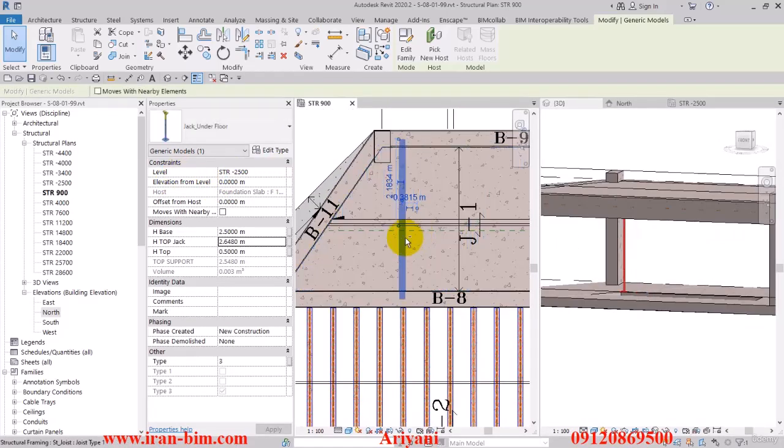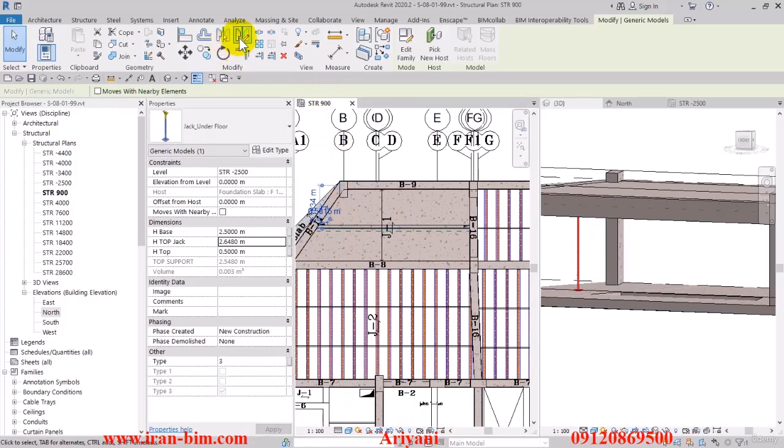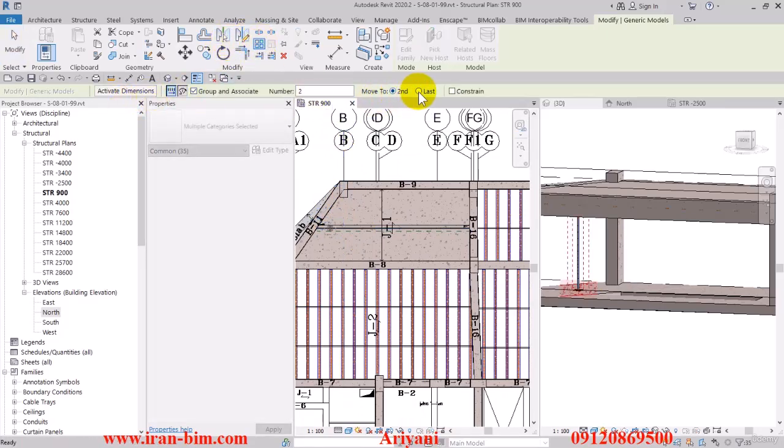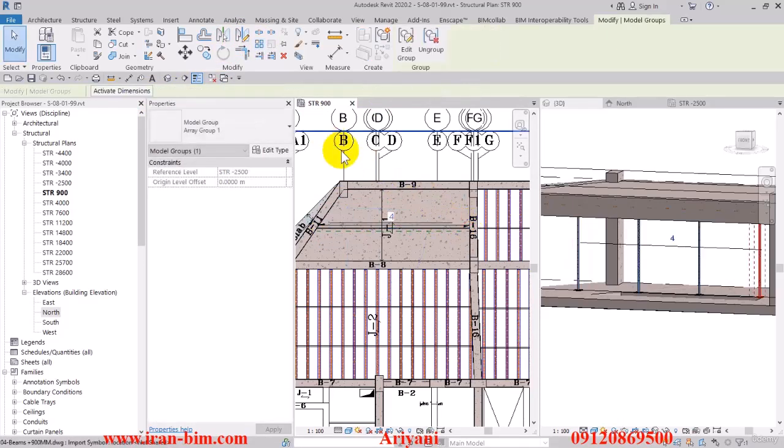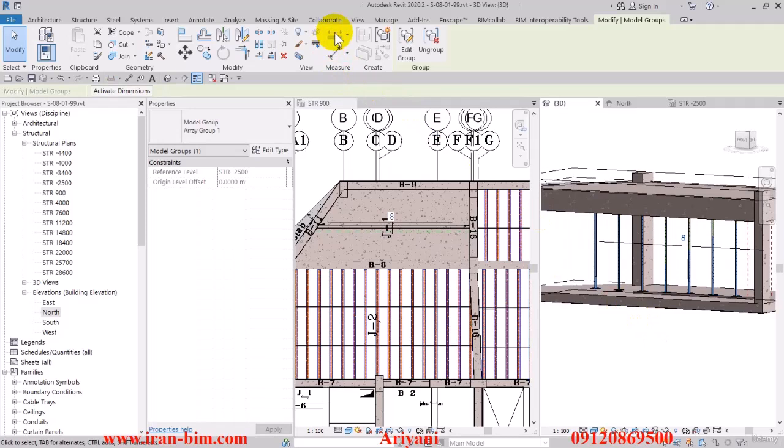Alright, now we'll go to this top view, and in order to move this, I'll hold the shift and then hit the left arrow to move it. After that, I'll select the array tool and put this on move tools last, and then I'll draw it from this point to here, and I'll say let's have 4 here in between. 6, 8. Alright, and now I'll select all of the jacks that we've drawn here, and then I'll go to